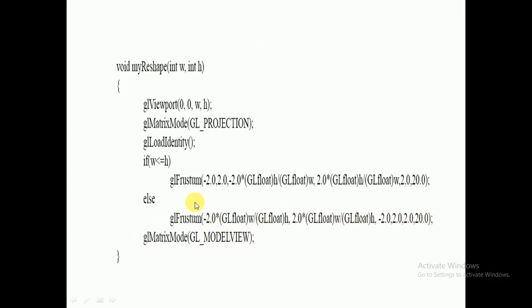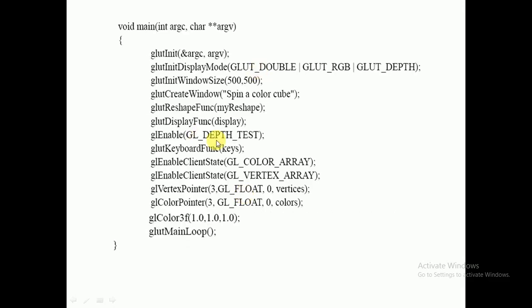This is what reshape means. As and when you start shrinking your window, at the same ratio the object displayed in that window has to start shrinking. As and when you start dragging your window larger, at the same ratio your object also has to show bigger in size. This normally happens in all videos. That we have done here. Then that is the reshape function.